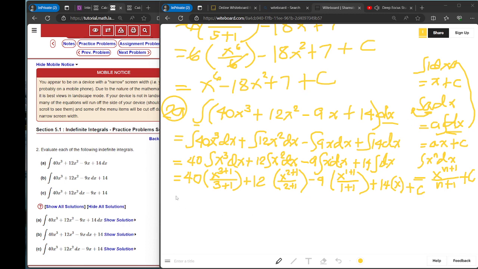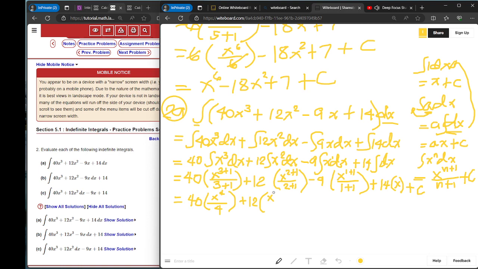Then we can simplify this further. We have 40, and x to the 3 plus 1 is x to the 4th, and 3 plus 1 is 4. Commonly, the exponent and the denominator would be the same, since based on this property we divide by n plus 1. Then we'll get 12